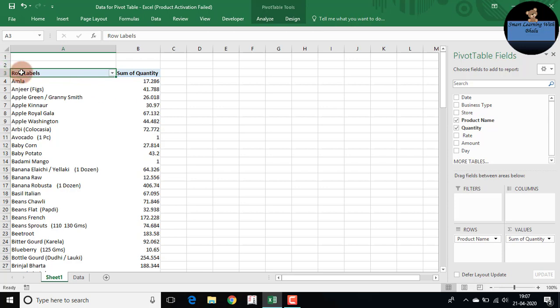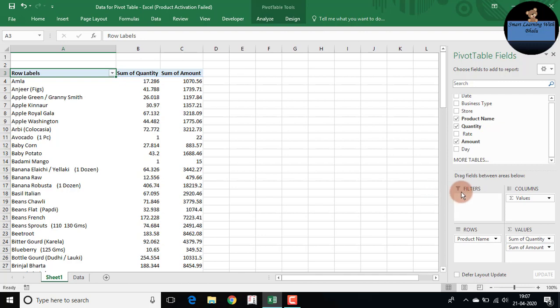In short, it's showing me exactly how much total quantity of amla was sold. That's 17,286. After this I want the amount, so I'll take the amount and put it in values. Always remember, if you want something as a count or numbers, always put it in values, and whatever name you want beside that, you can put in rows.